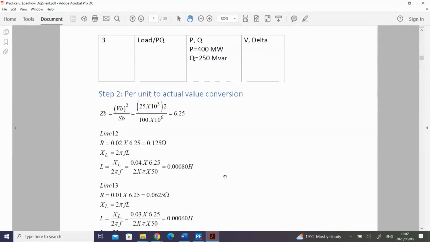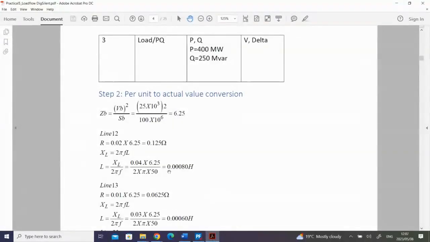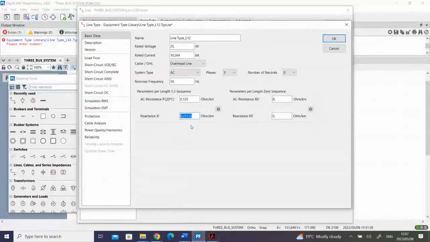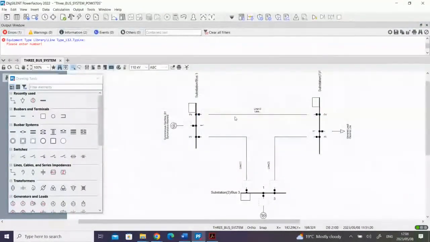Which is this value? I'm getting it, but just need to confirm. 25132. Is that right? That means 2 pi F, 2 pi times 50 into this value 0.0080, which is giving you 0.2125132. This is line 1 2, and then